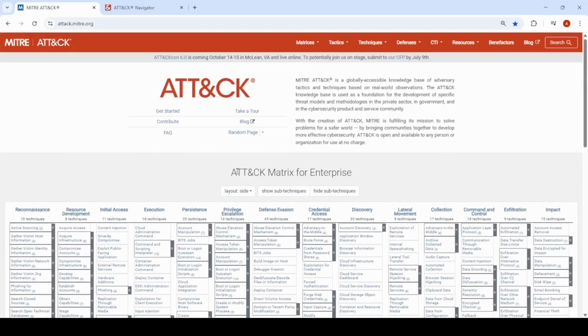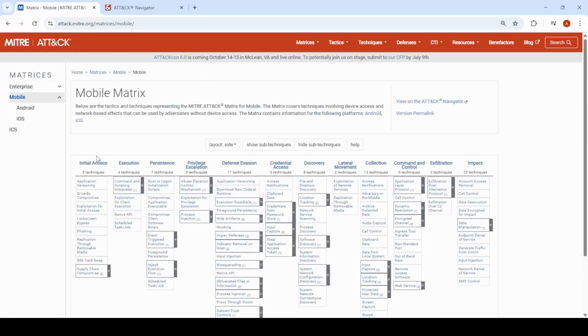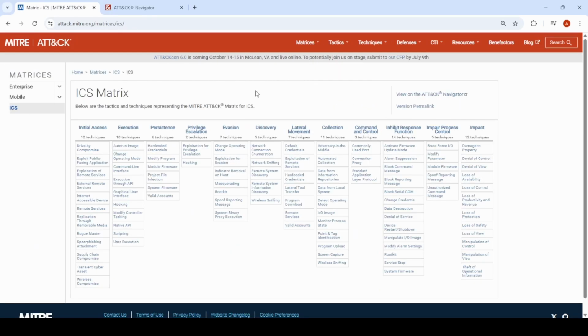So by default this is showing the ATT&CK matrix for enterprise. You can see at the top there's a matrix for enterprise, mobile and industrial control systems, and if you click on the mobile option you'll see the tactics and techniques that are associated with mobile, and the ICS link shows the tactics and techniques that are associated with ICS. If you want to drill down into each of the tactics and techniques, you can click on the options along here. So the tactics for enterprise